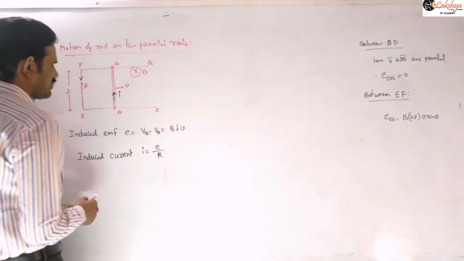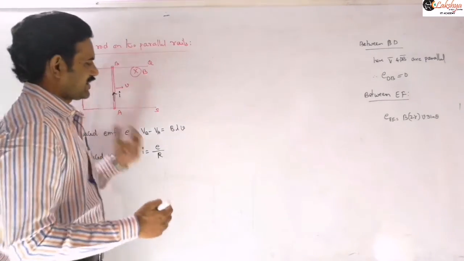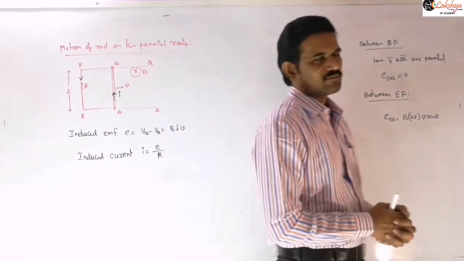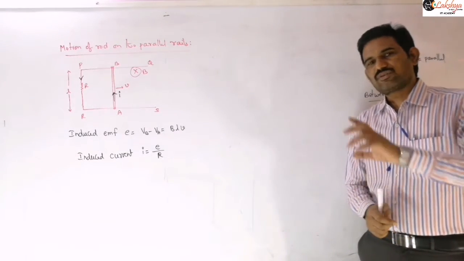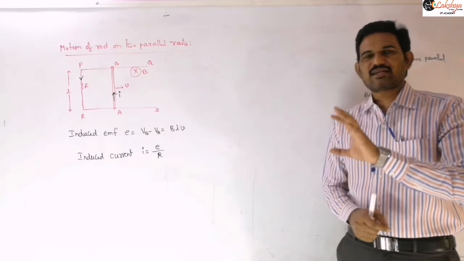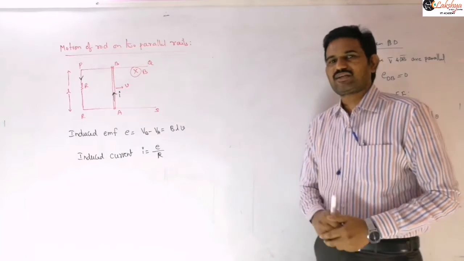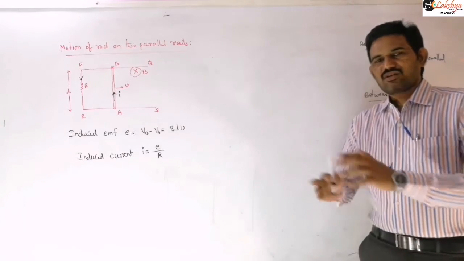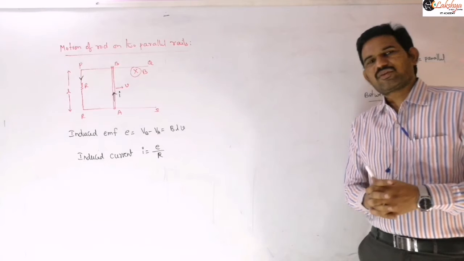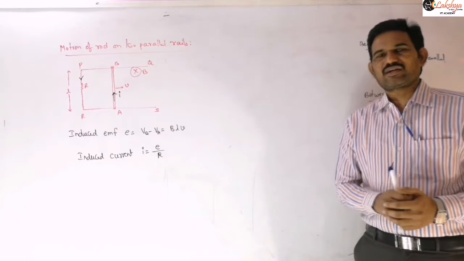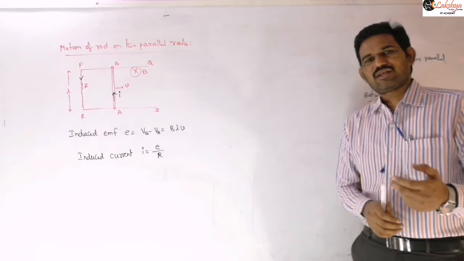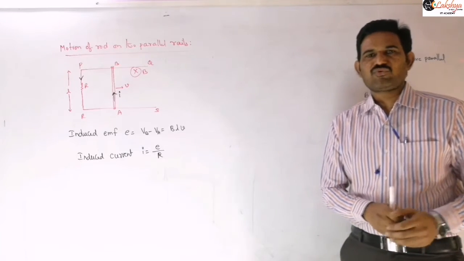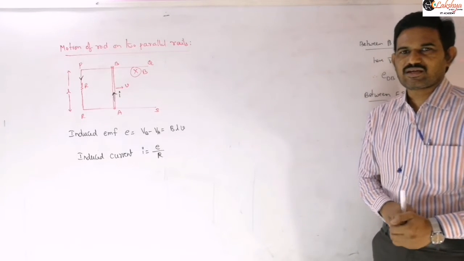So then this is our induced current. This current is flowing through that conductor here. Now when the current is flowing through the conductor, you can observe that AB you can treat as a current carrying conductor placed in a magnetic field, right? So we have to go back to our previous topic, the force acting on a current carrying conductor placed in an external magnetic field. We derived a formula like BIL sine theta, the magnetic force acting on a current carrying conductor.